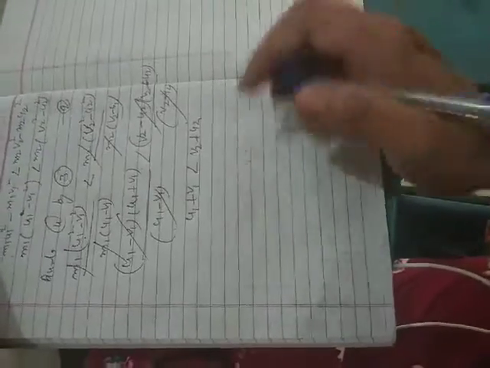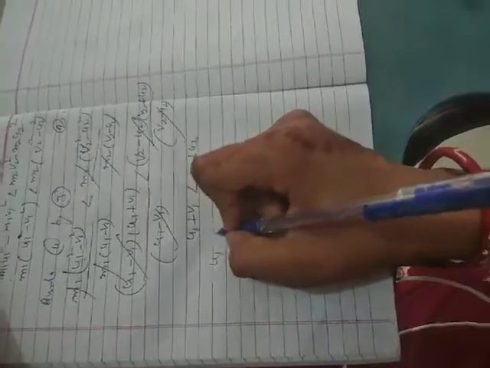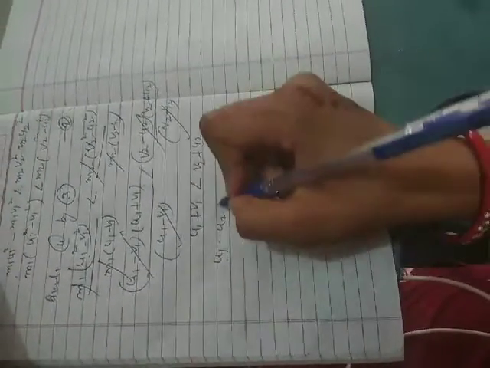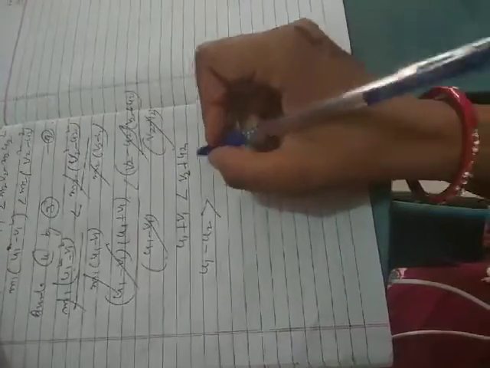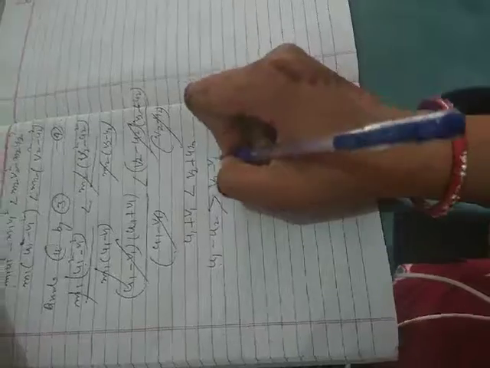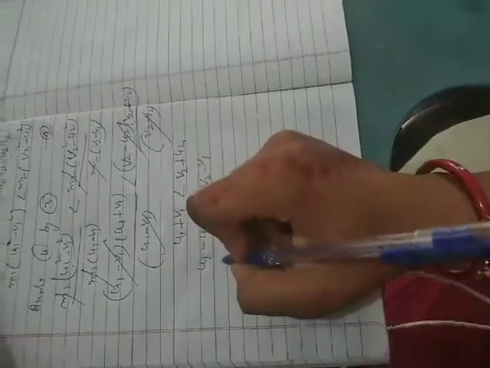Clear? Now we will take the u terms towards one side, and we will take this term to this side, so this sign will be changed here. Clear? Similarly, v2 minus v1, the velocity of separation, is always less than the velocity of approach.